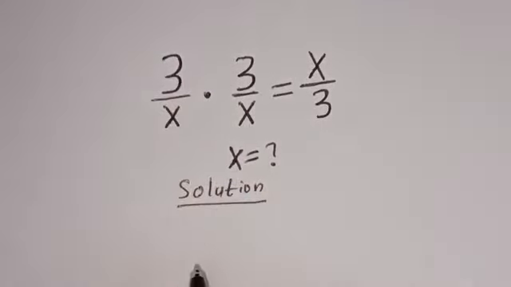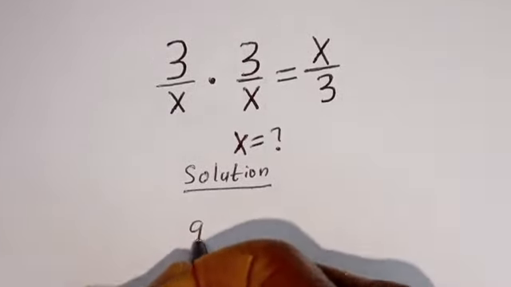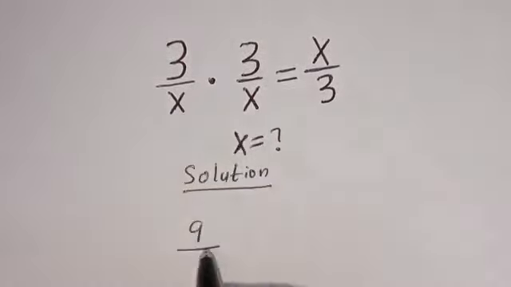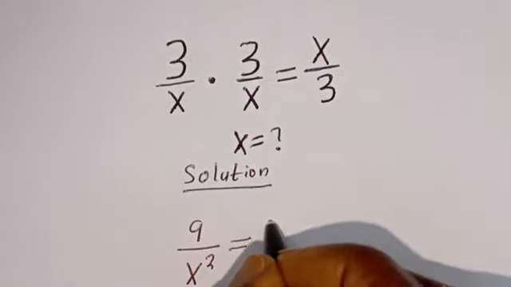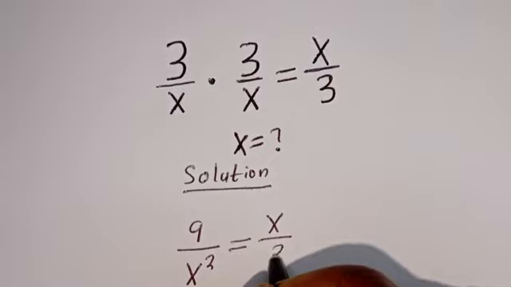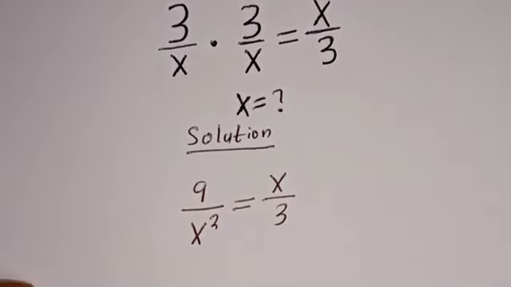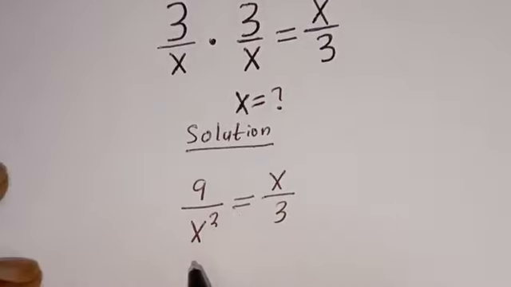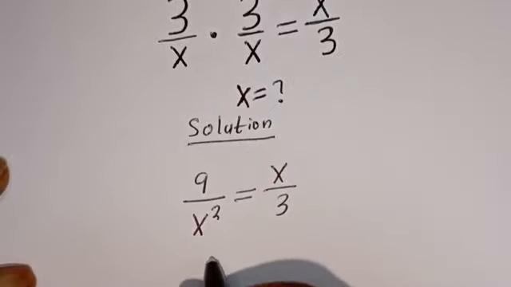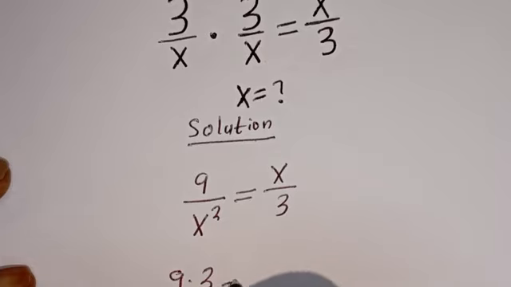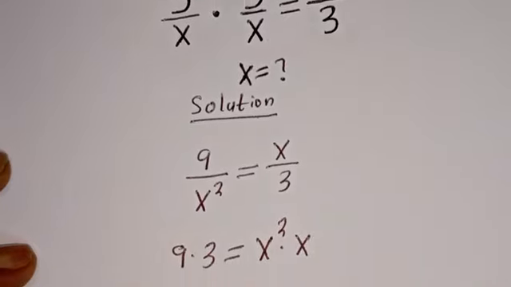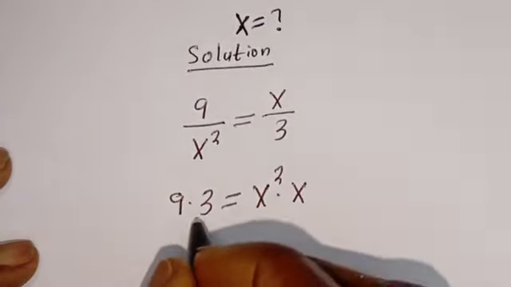3 times 3, this is 9 divided by s times s, s square, is equal to x divided by 3. And from here we can cross multiply, that is 9 multiplied by 3 is equal to s square multiplied by x. Then this is 9 times 3,